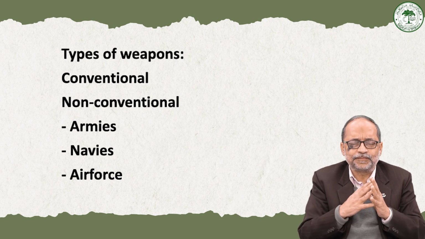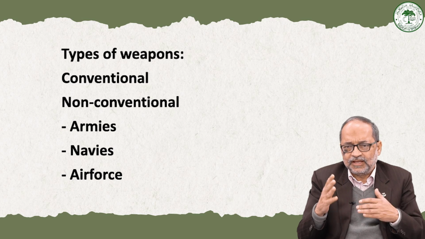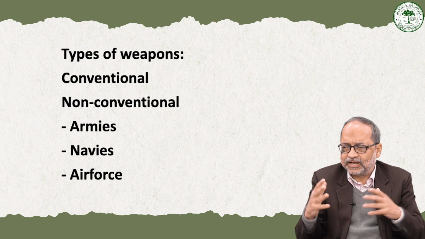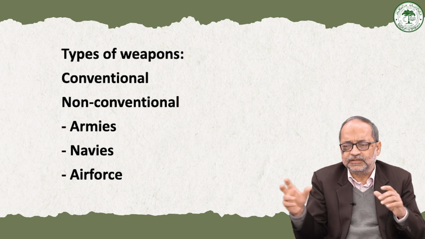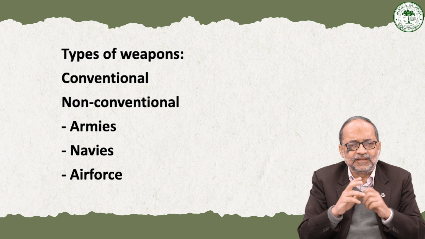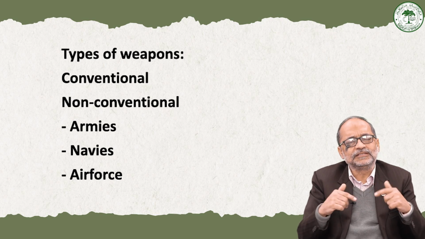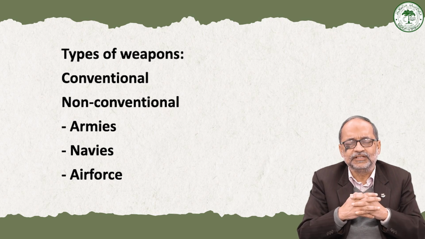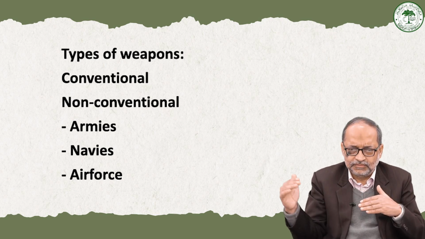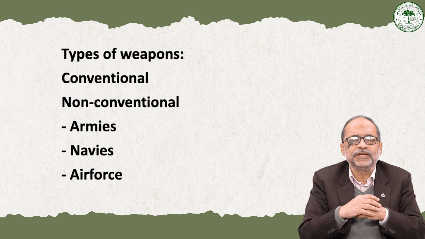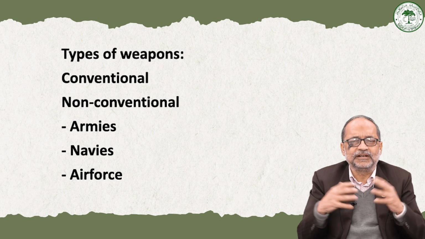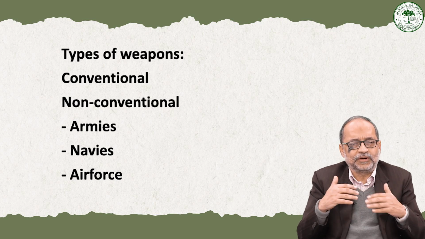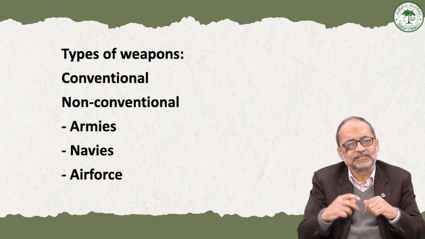The navy controls passage through seas to attack land which is near the coastlines, and even attack any other movement in the sea lanes. And how important it is that sea lanes are open has been amply demonstrated in the recent events in the Red Sea, where the Houthis have been attacking ships which have been moving through the Red Sea, and that has created a big effect on the international trade. So that is something very important, and the Navy is there to defend the sea lanes.